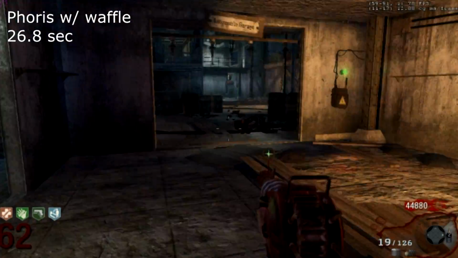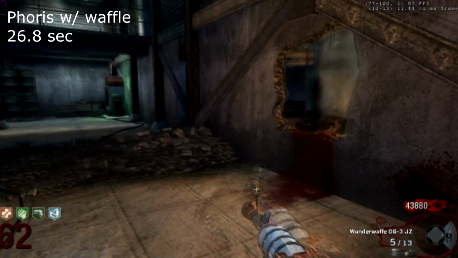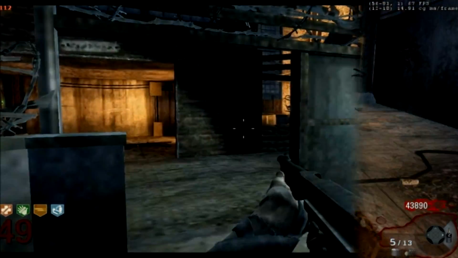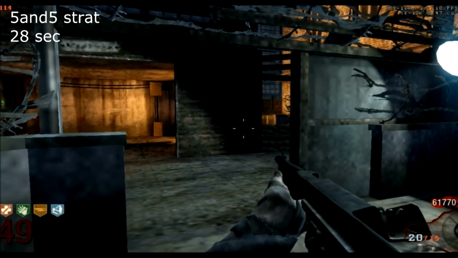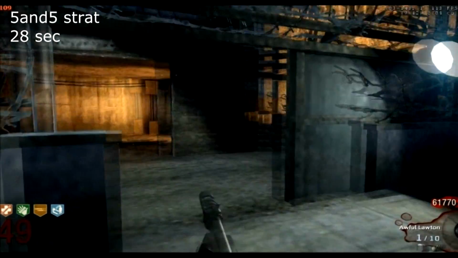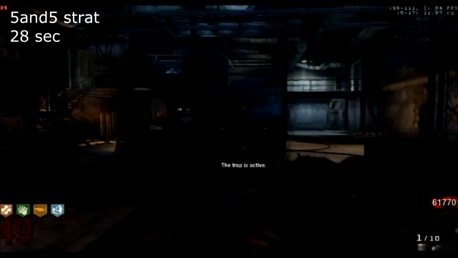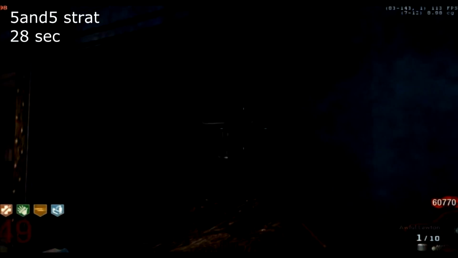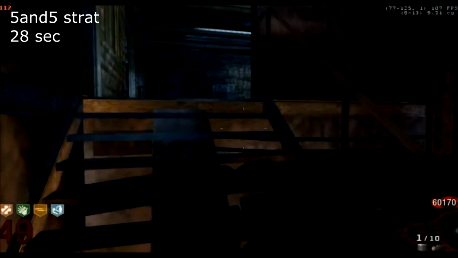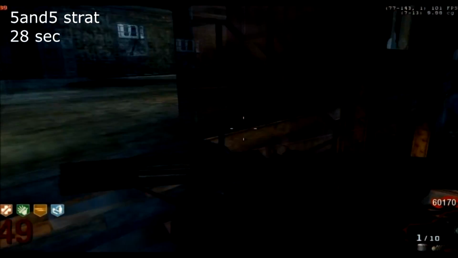But yeah, that's enough of that strategy. Let's move on to the next strategy. This is a strategy I invented a while back for a solo game. The only thing is I died, I can't remember which round I died at, but I died using it, and from then on I just kind of disregarded it, saying it was a terrible strat, I should never use it. But after doing all this testing, I did realize that this strat may be the fastest if you're going for like a 99,